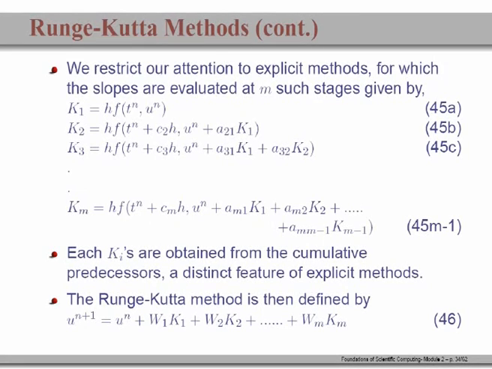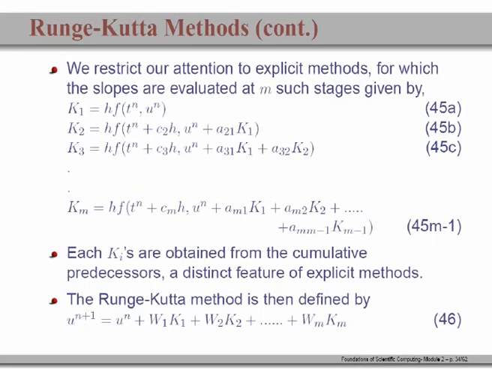So, that means in evaluating k 2 you need k 1, in evaluating k 3 you would require k 1 and k 2, and so on and so forth. So, this is essentially a recipe for explicit methods. Okay. So, that is what we said, that we will be keeping our attention focused on explicit